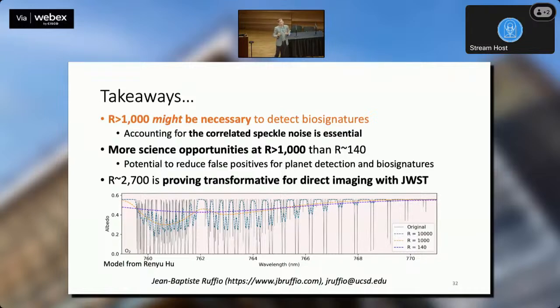I believe there's always going to be more science opportunities if we go to higher spectral resolution because we can see more things. There's molecules that are only detectable at high spectral resolution. For example, the sulfur in the HR 8799 planets with JWST. We would not have done that with a low resolution spectrograph. And so to finish, I think moderate resolution spectroscopy with JWST is proving transformative. I only touched a little bit on everything that we are working on. And I think it might prove transformative for HWO as well, but still need to figure it out. Thank you.